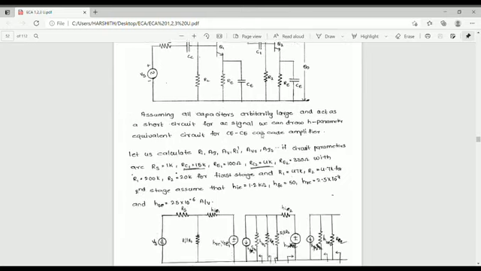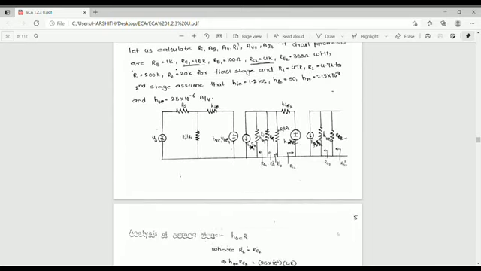So we can draw the amplifier circuit. Okay, in this h parameter,